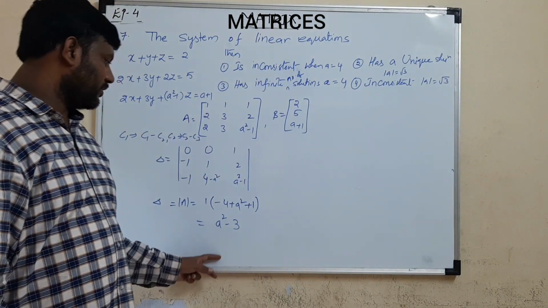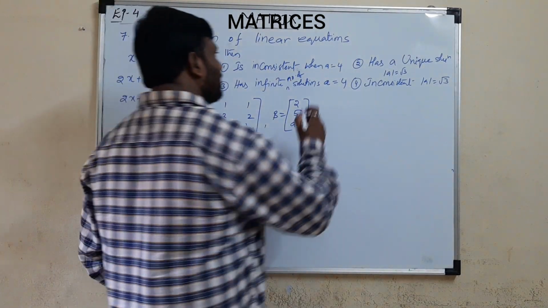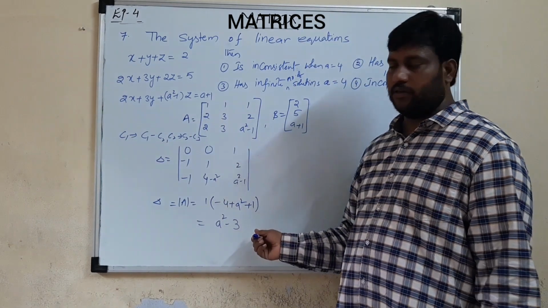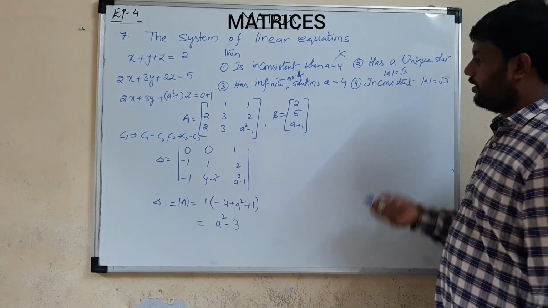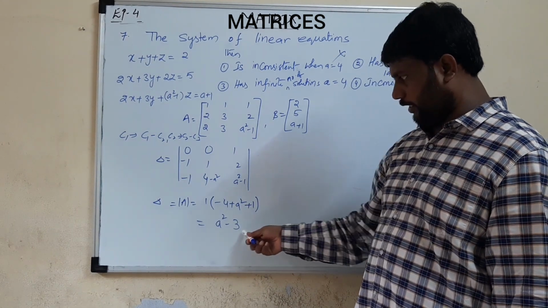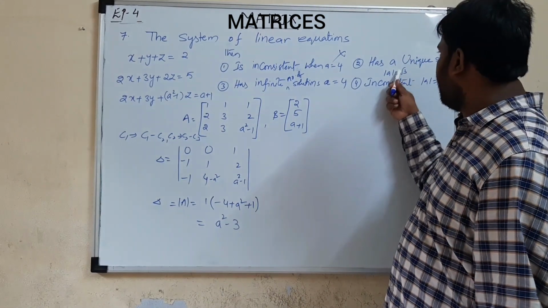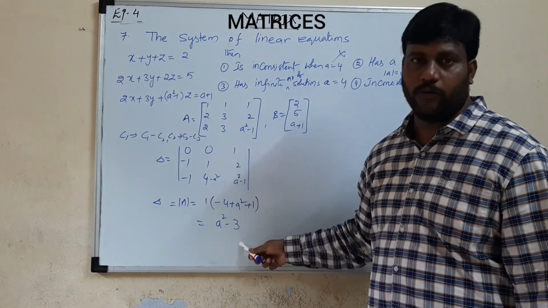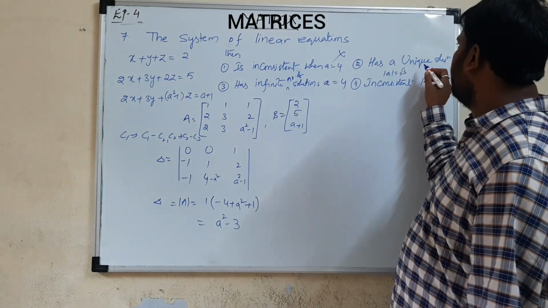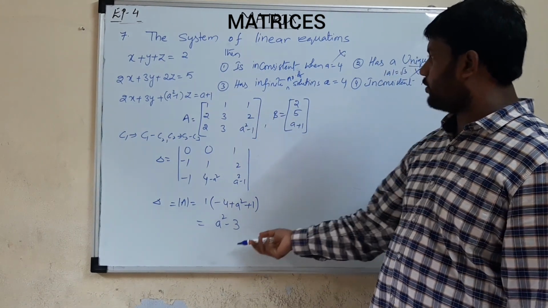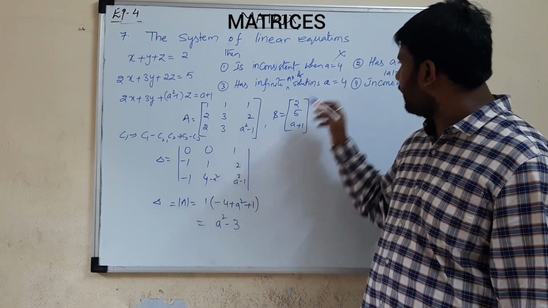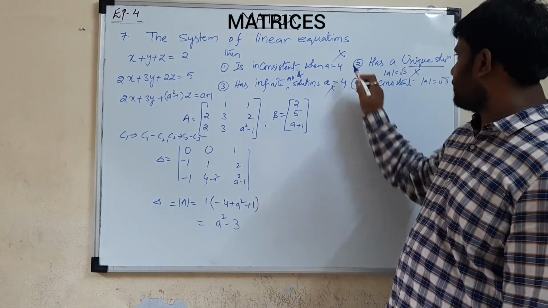Now observe here, a square minus 3. Suppose it is inconsistent, means put it equal to 0. So I get root 3 here. So this option is not unique. If you get it equal to 0, you get a is equal to root 3. At this root 3, the delta will be 0. Whenever the delta is 0, there should not be a unique solution. So option 2 is also not correct. As for infinite number of solutions, whenever I get 0 also, I can't get option 4 here. I don't use the choices here.